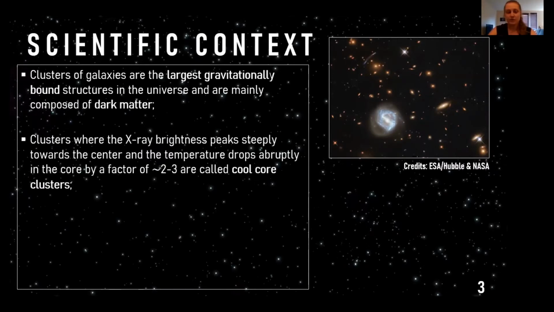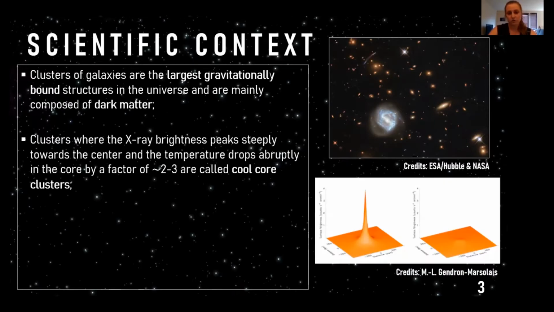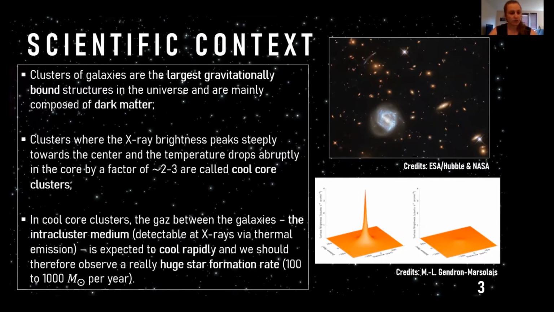Normally we separate clusters into two categories: cool-core clusters and non-cool-core clusters. Cool-core clusters are clusters where the X-ray brightness peaks really steeply toward the center. As you can see here, at the center we have a really bright peak, and it's normally really, really cold. That's why we call them cool-core clusters. And here we have non-cool-core clusters, which are normally much more uniform. What is really interesting with cool-core clusters is that the gas between the galaxies, what we call the intra-cluster medium, which we can detect in X-rays via thermal emission,